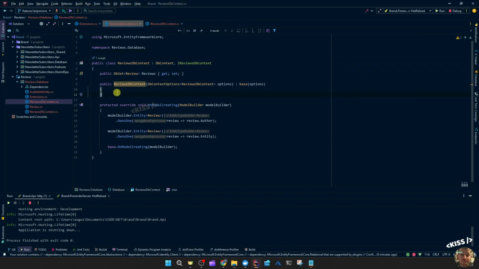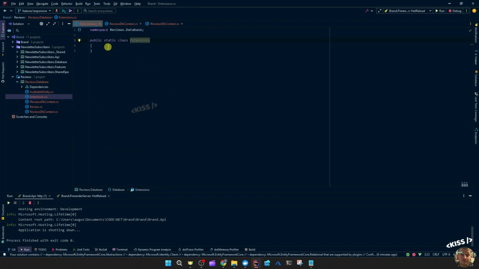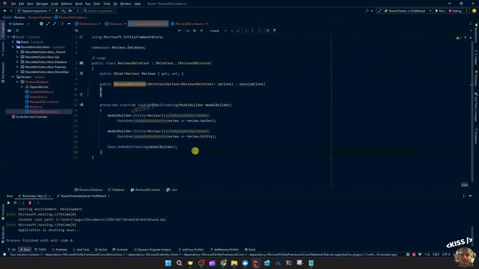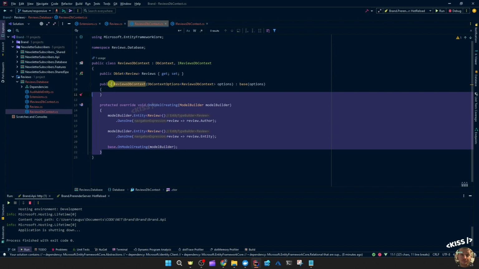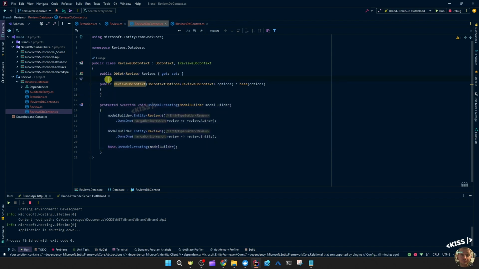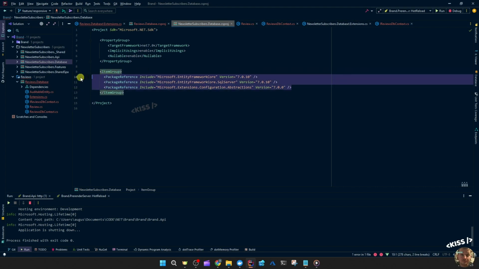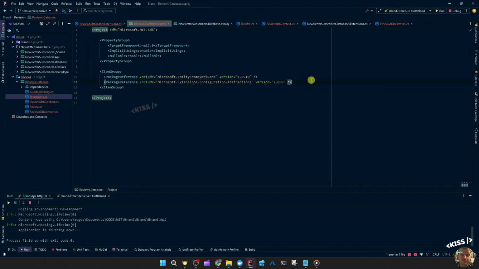What is left to do now is to add the dbContext to the extensions method and to create some dummy data and seed that into the database. And then we can do the migrations, which will then make sure the seeded dummy data is included in this new table. I'm just going to copy over the NuGet packages installed in the newsletters database and add them to the reviews